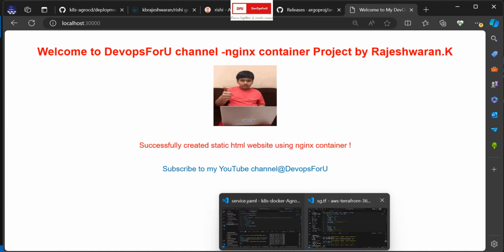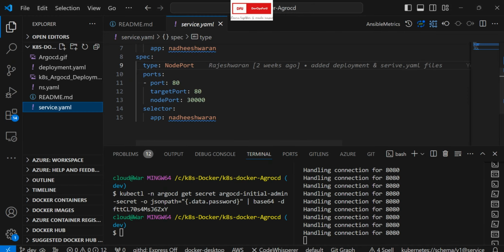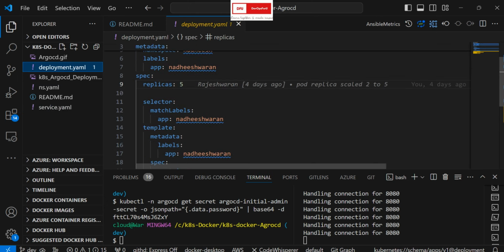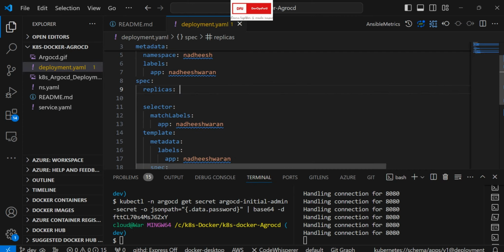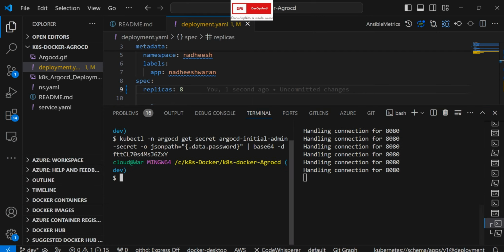So now if I want to change the replica, let us have two different ways to ensure that our ArgoCD deployment is running fine. So first I will go with the approach of decreasing or maybe increasing the number of replicas. Okay, so I just increase the replica to 8. Fine. So here